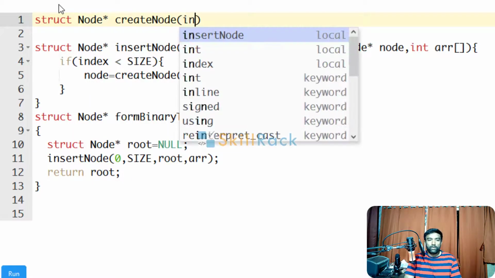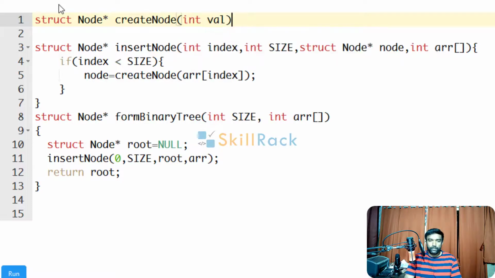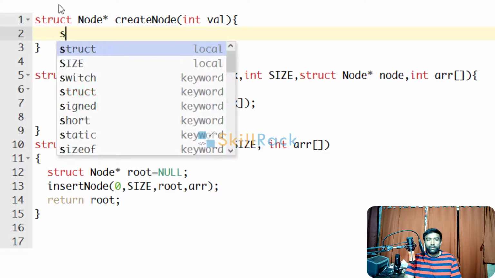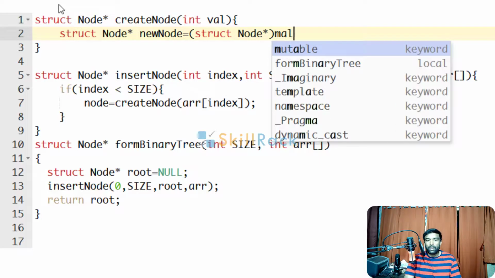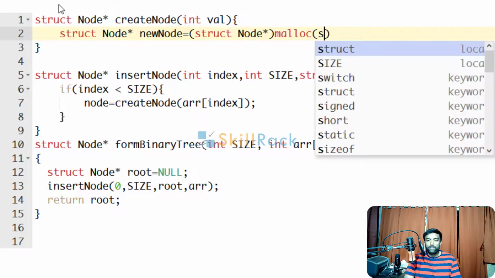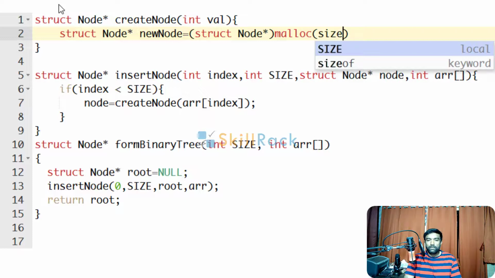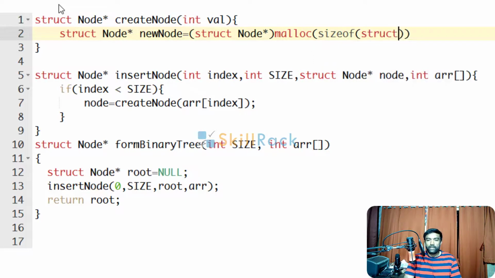So create node, int val. Here we are going to say struct node pointer new node, typecast it to struct node pointer, and use malloc with size of struct node.